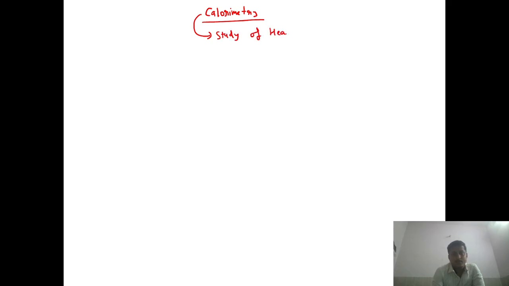The study of heat, and we are going to discuss over here only about liquids and solids. In this chapter we are going to discuss liquid and solid, meaning we are going to study what will happen if heat is given to a liquid or a solid. If we want to start this chapter, we have to start with some important